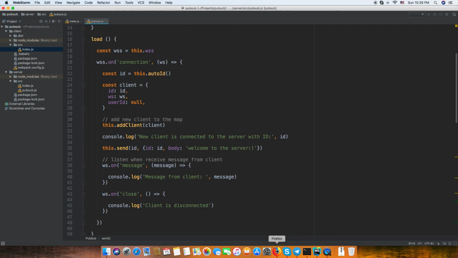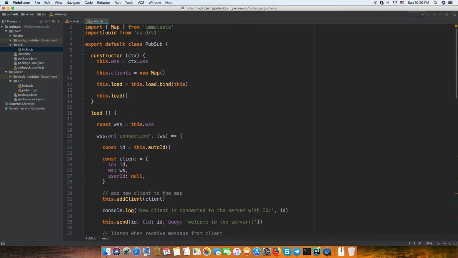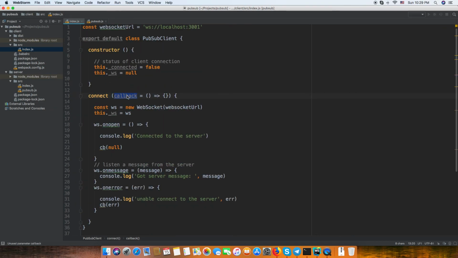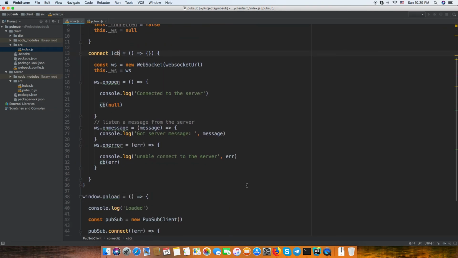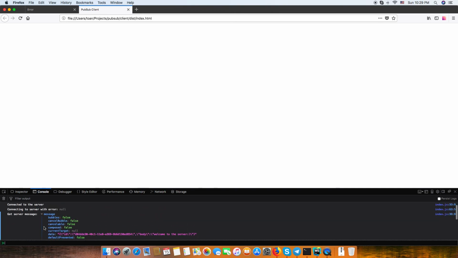Let's run this again and see. CB is not defined. Alright, in the index file, call CB. Now run again. So we got the matrix connect to server new, and now we got the first matrix